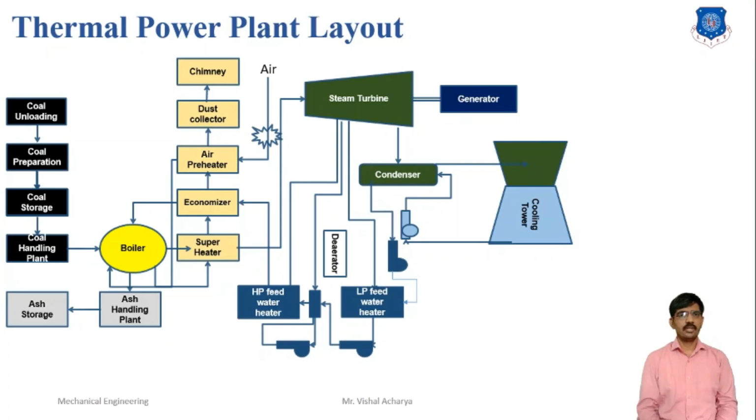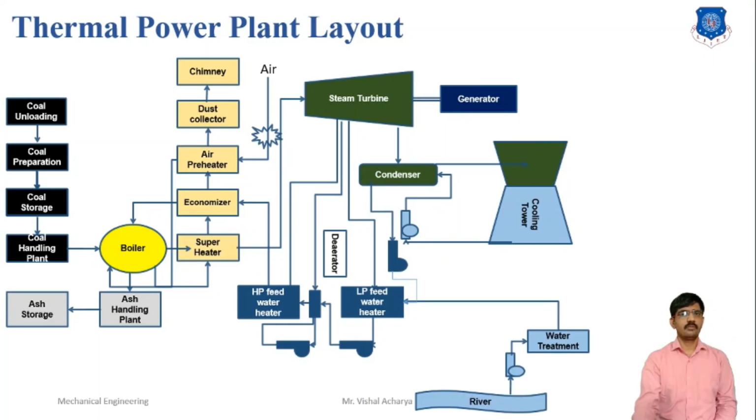Here, because of cooling water evaporation and steam losses in some equipment, we require extra makeup water. We transfer the extra makeup water with the help of the river. The water contains dissolved materials like salt, calcium, and magnesium, so for the prevention of corrosion we require the water treatment part. Water treatment is the method for removing impurities from the water.